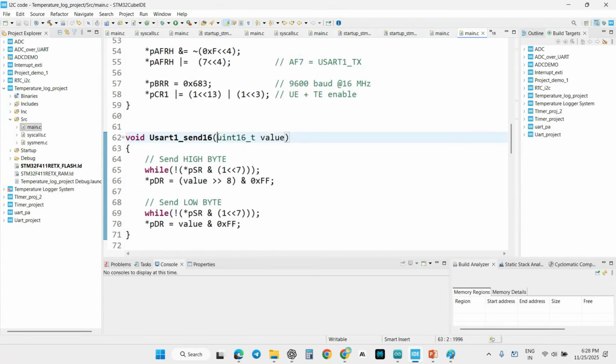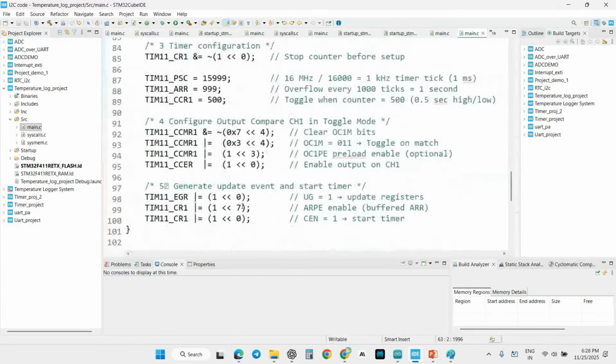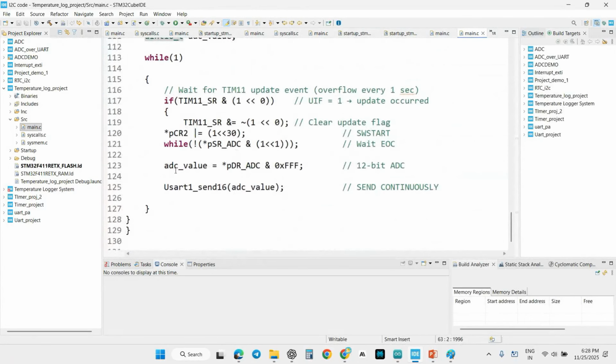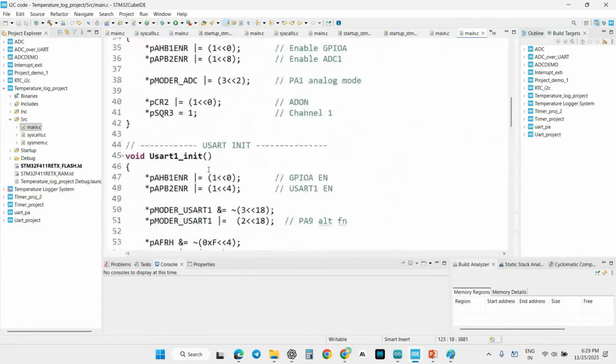Inside this, I'm just putting a value. What is the value which I've got on this ADC1? The value which I've got is the ADC value. This is the final data, and this value I'm going to send to the other microcontroller. So what I've done simply is I just pass this value to this